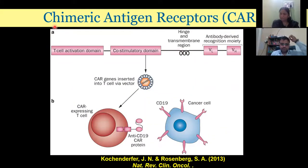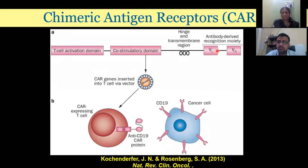These are the parts of the chimeric antigen receptor. You have an antibody derived recognition moiety. We have a heavy and light chain of the variable region. Then there is a hinge region, as I said, the transmembrane region. And then you have a T cell activation domain and a co-stimulatory domain. And this structure which you are seeing is an anti-CD19